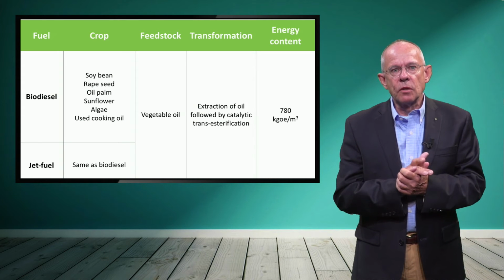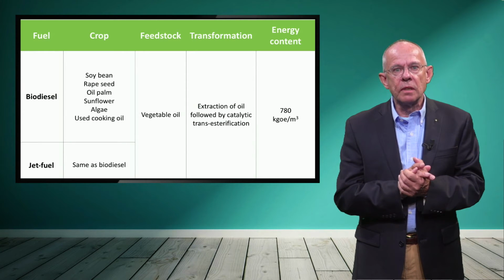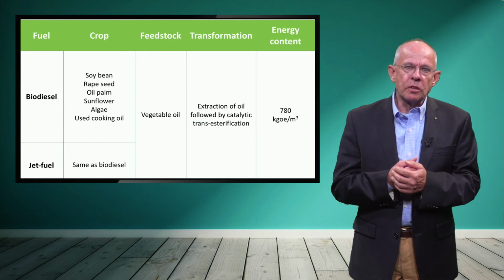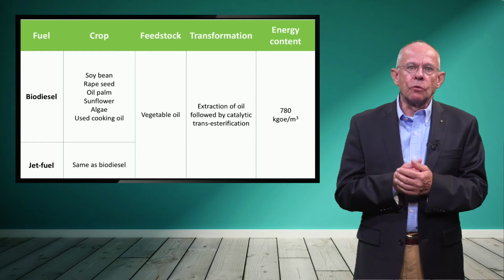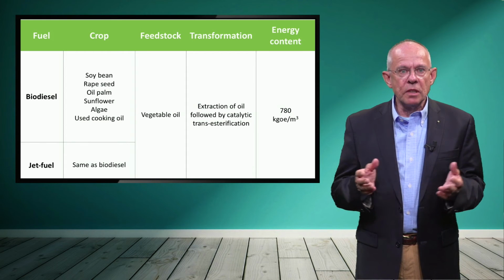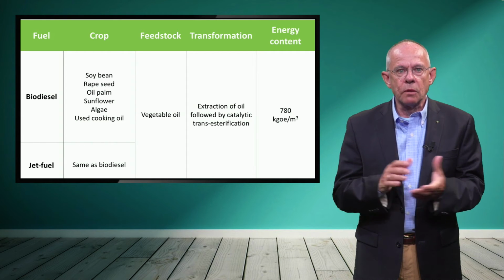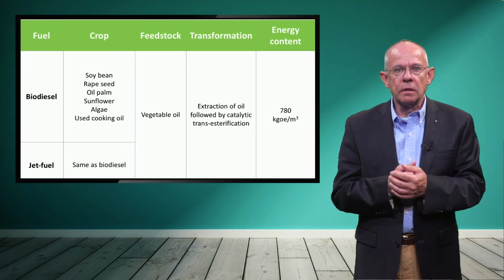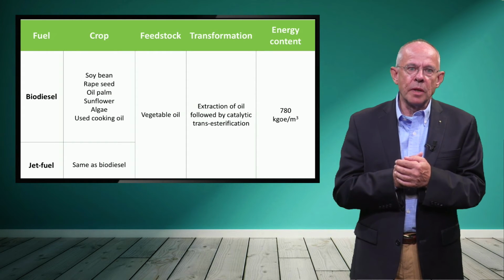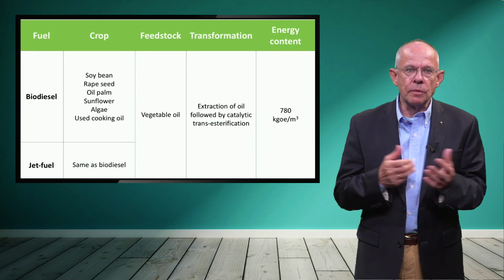The energy content of biodiesel is high. It is, as shown here, 780 kilo oil equivalents per cubic meter. Today, the most important oil-based fuel is biodiesel, driving passenger cars and trucks. However, the aviation industry is also seeking biofuels to replace kerosene, and the shipping industry to substitute bunker oil. The very same feedstock as for biodiesel can deliver biokerosene as well.